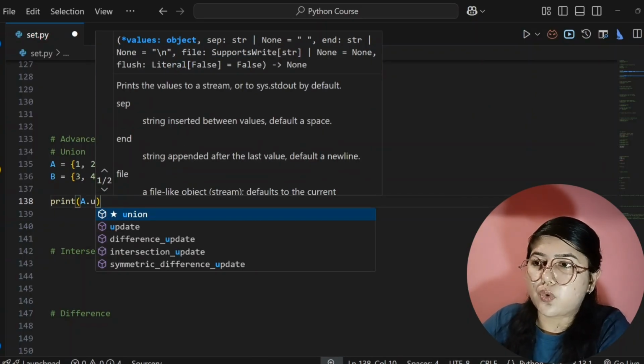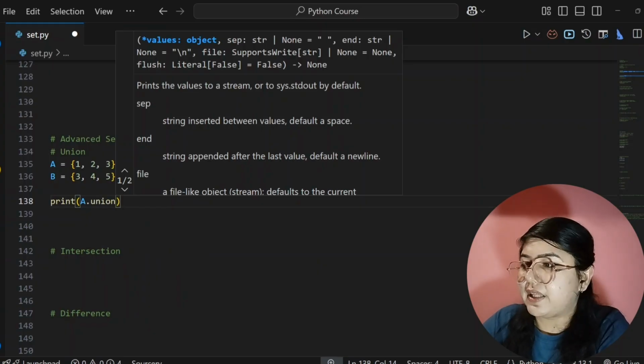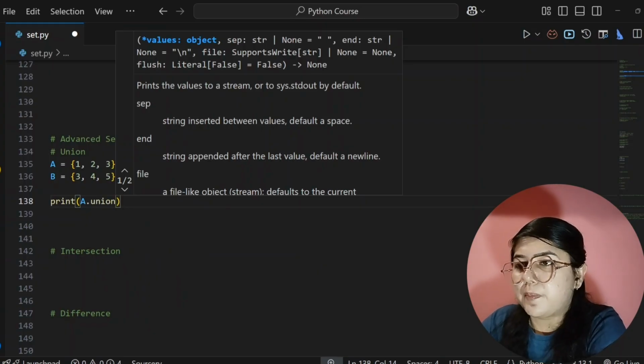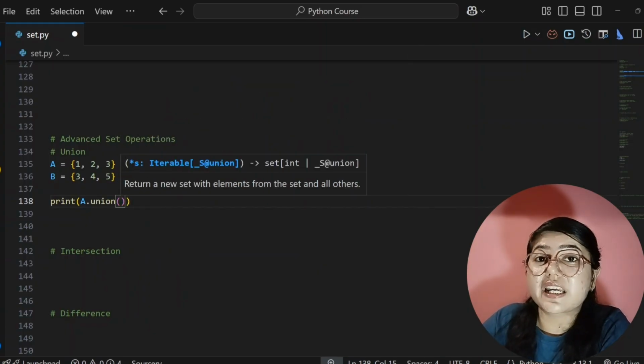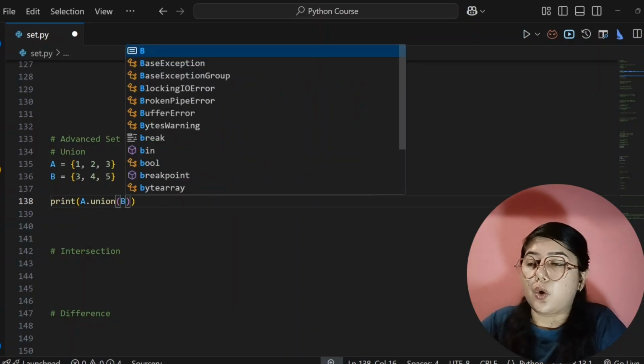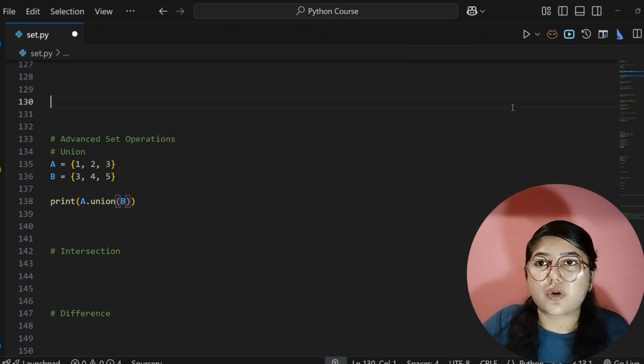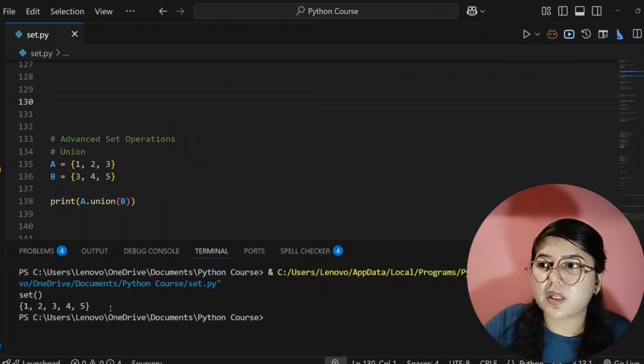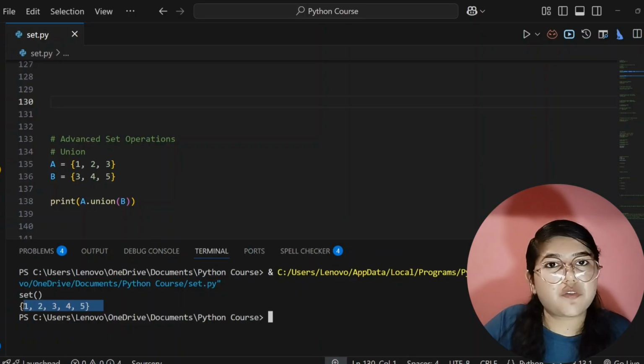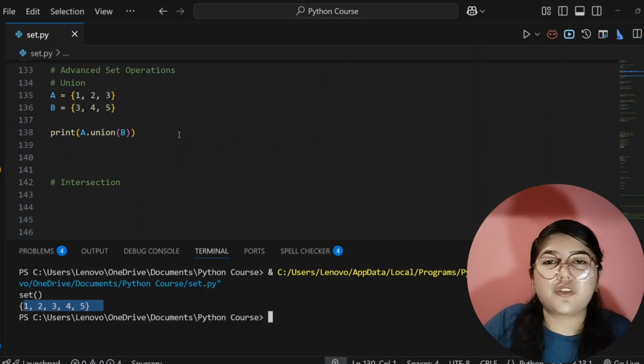Inside the parenthesis you write the second set which you want to union with A, that is B. Now I will run this code, and 1, 2, 3, 4 and 5 will come. See here, 1, 2, 3, 4 and 5 it is showing, and 3 is showing only one time because it is common between